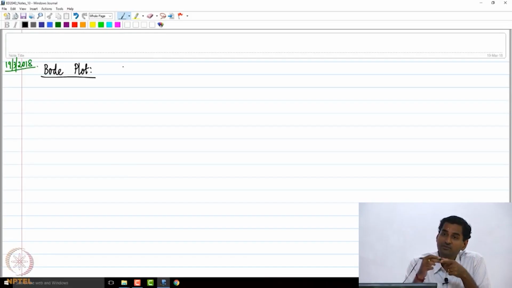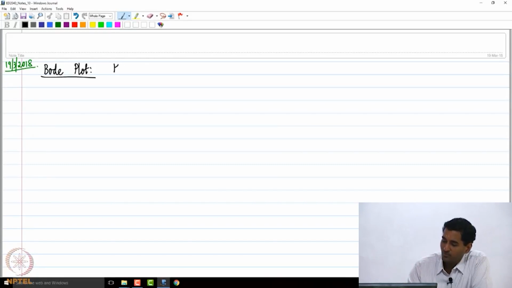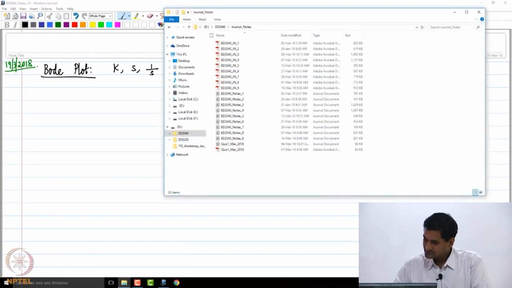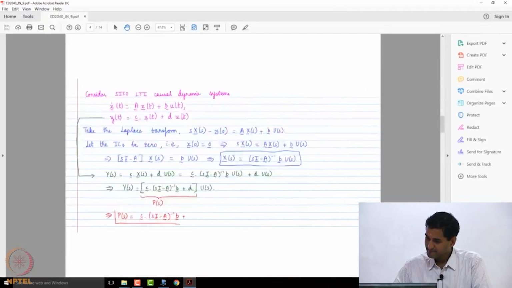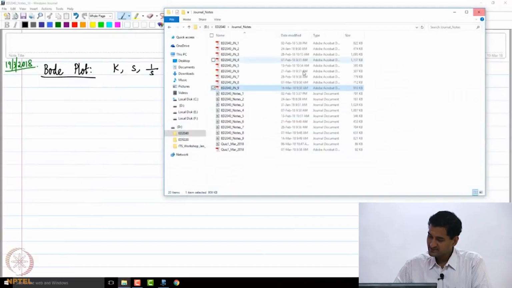The reason why we want to choose the frequency in a logarithmic scale is to cover a wider range. And if you recall, the basic factors that we looked at were 3: a constant, the derivative term s, and the integral term 1 by s. These are the 3 factors which we have looked at till now. So today let us proceed and look at the next factor. I used 3 there, so let us say as the 4th factor,